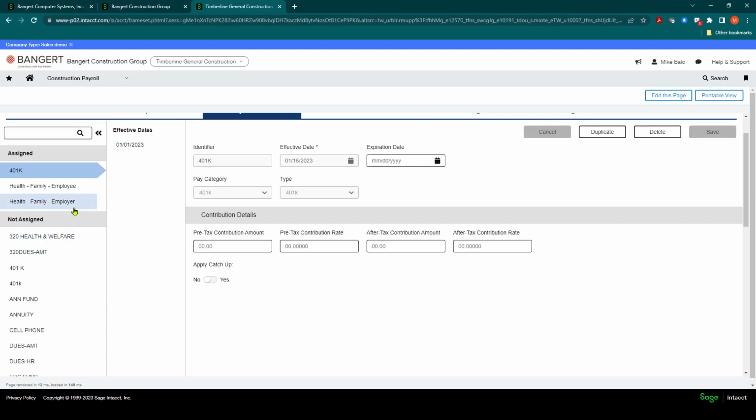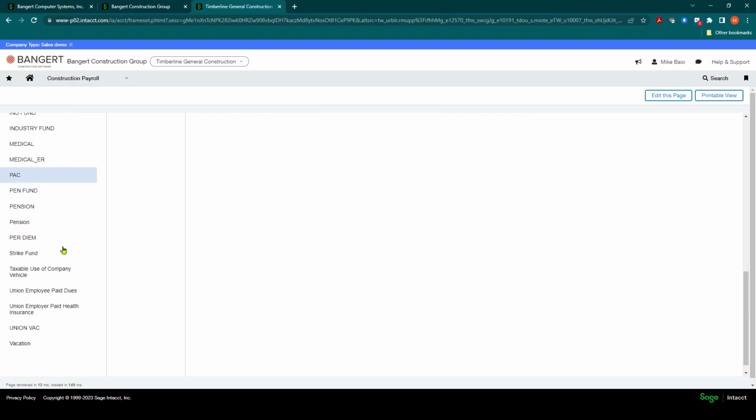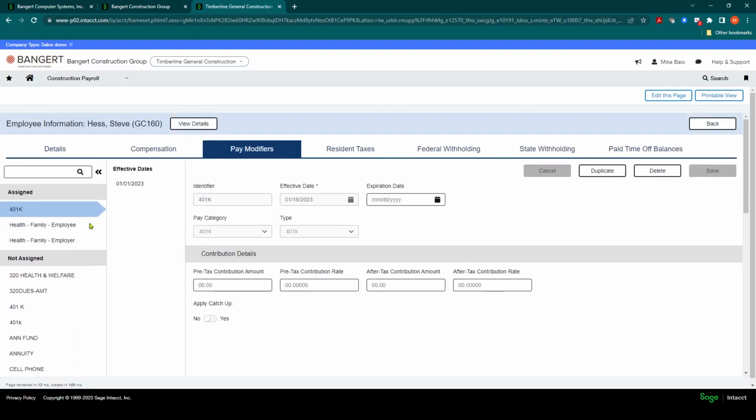So you only need to apply the pay modifiers that are non-union, maybe a garnishment payment, a per diem, and so forth. So all of that can be established here under pay modifiers. When you're done, you'll click Save, and you'll move on to your next step in the next video.